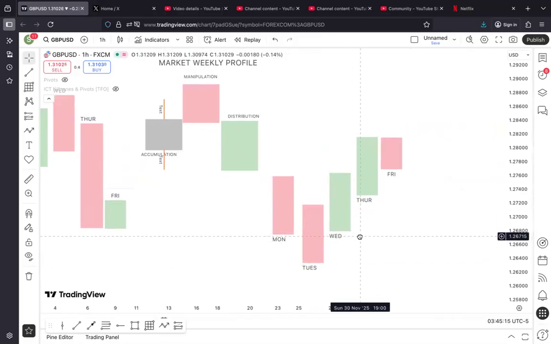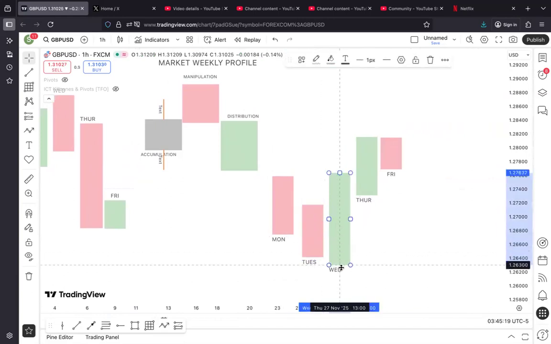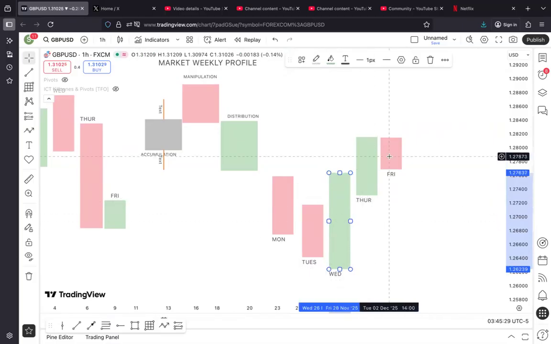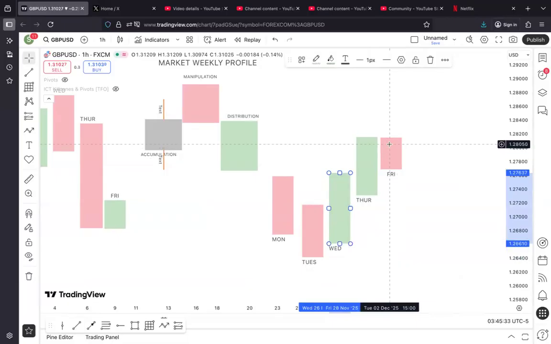And if it doesn't happen on Tuesday, if the low of the week fails to form on Tuesday, then expect it to form on Wednesday. And when it forms on Wednesday, look for your change in state of delivery, probably price closing above here or above here, and wait for retrace back into the range and buy to the upside. And once you buy on Friday, you don't want to continue to buy. But then again, it has to do with context.